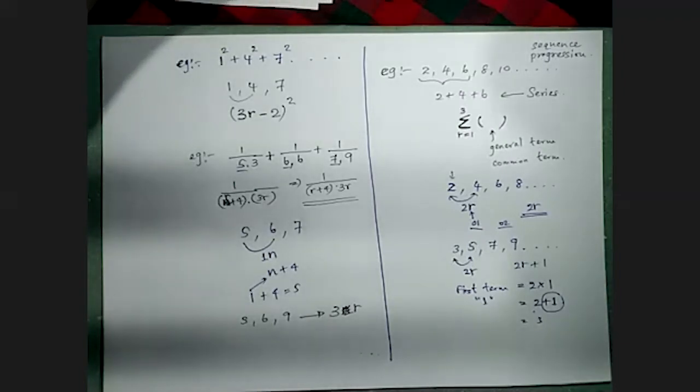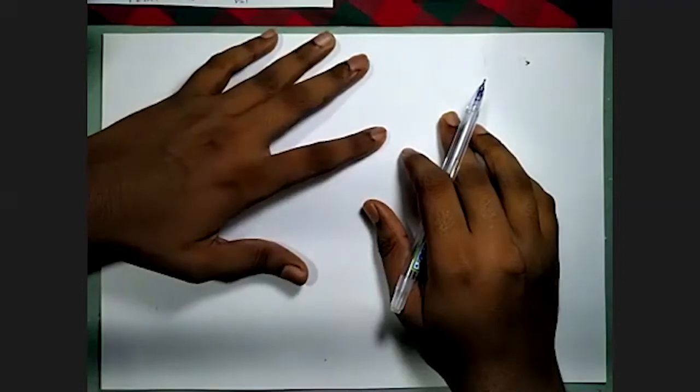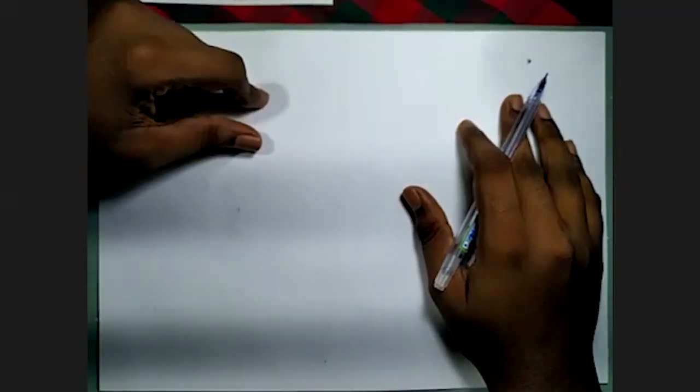Now under 3.1, the first subsection, the topic is the summation formulae. There we have 3 theorems to learn. There are 3 theorems in that particular part. Now you know how to obtain the general term or the common term of a particular series. Now we are going to go further and see how we apply our sigma notation for these general terms.